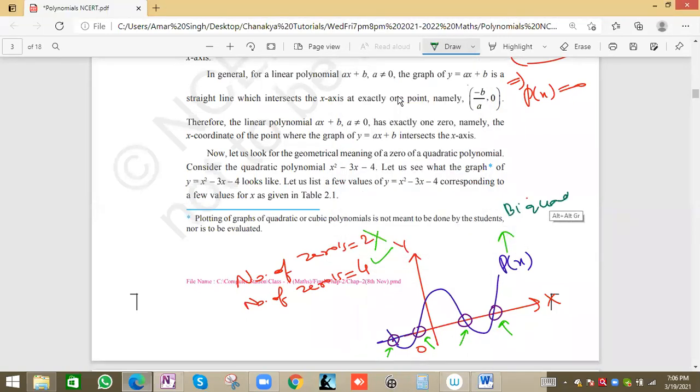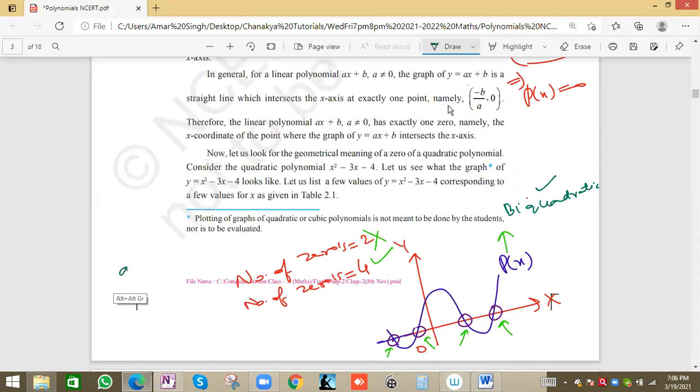Biquadratic, because we have 4, we can say 4 solutions, or we can say 4 zeros of a given polynomial. Means we can assume the normal standard way, and the zeros will be the same. Zeros will be 4 because we have a biquadratic, which is a degree 4 equation.